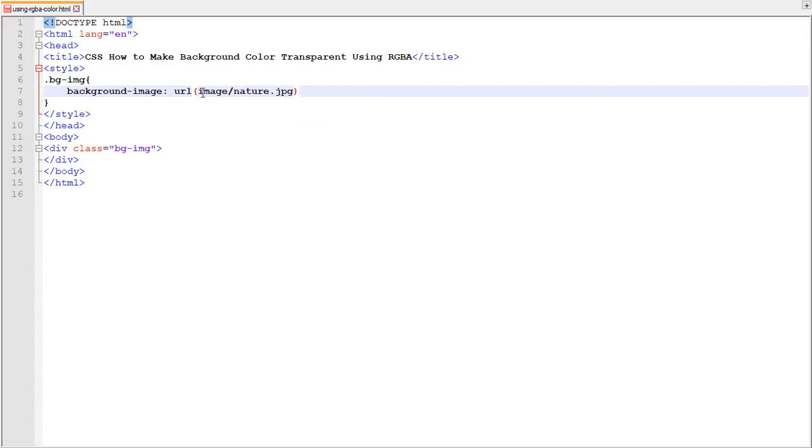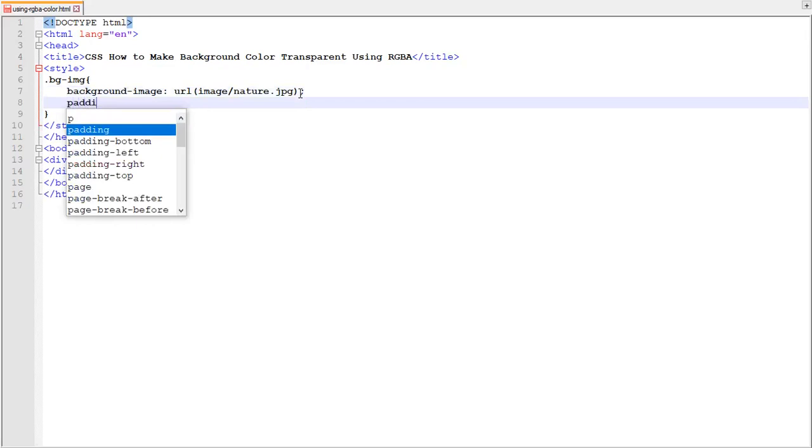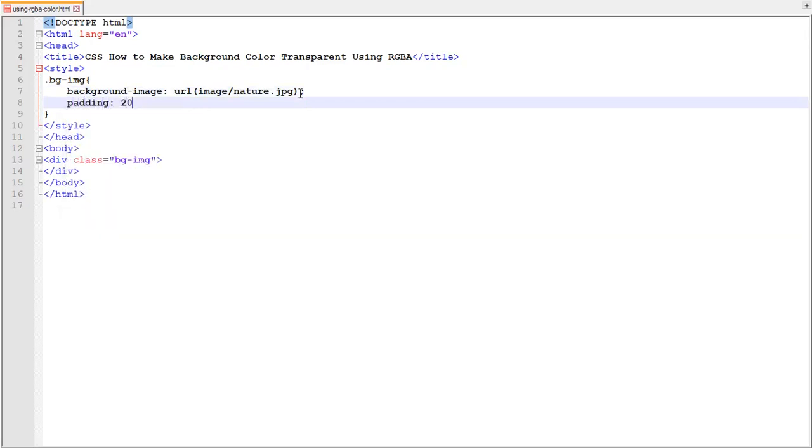This is the URL of the image. I have already placed an image inside that location. Padding 20px.